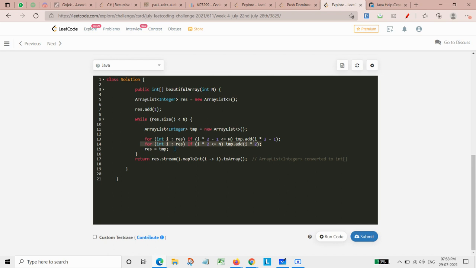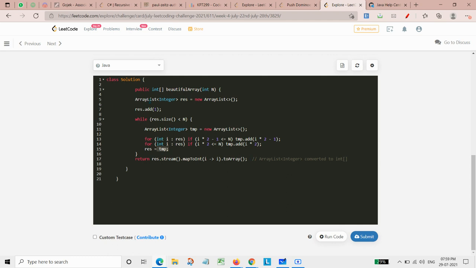And after doing both of these steps, we push all the elements of the temporary array into the result array. So now our result array has a new set of elements in it, and it will again run the loop until the size of the result array list equals n.